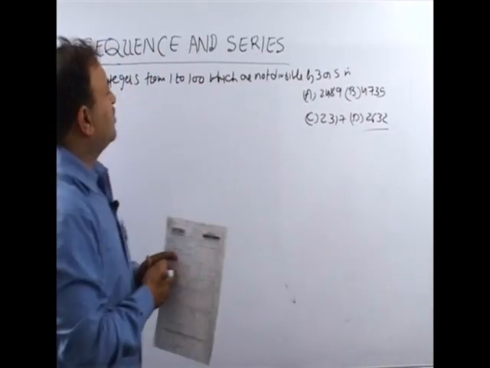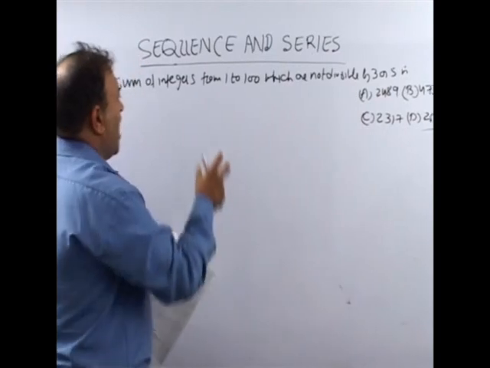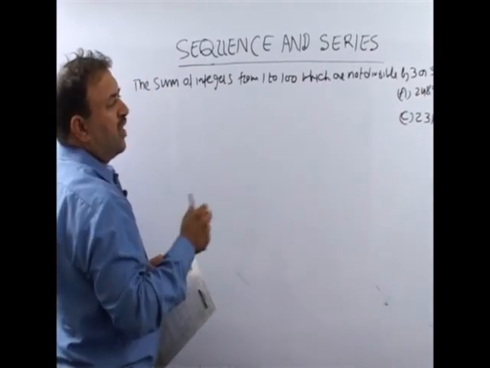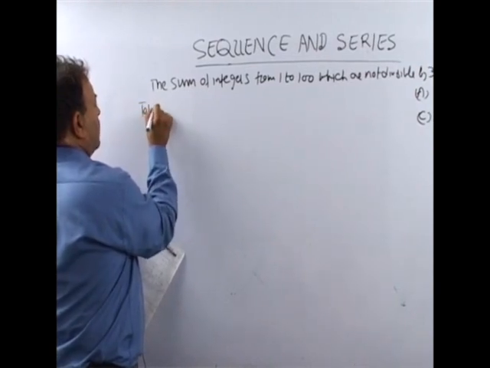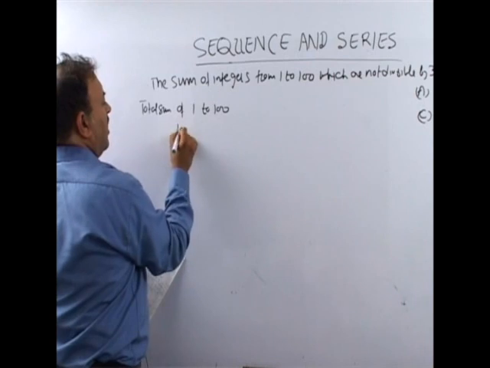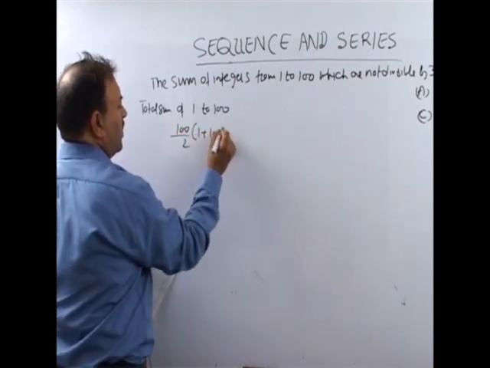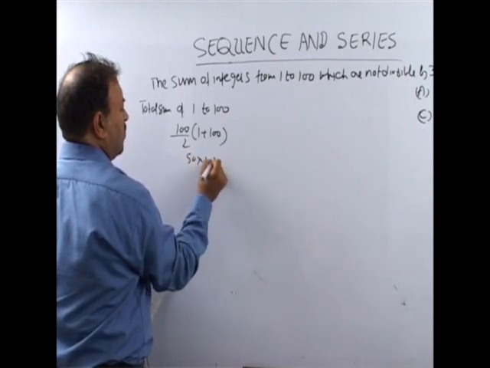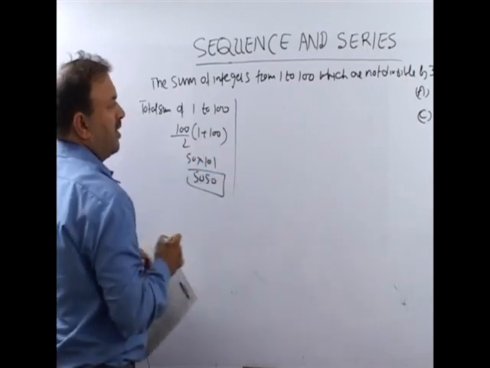नाउ पिछले क्वेश्चन में क्या था, हमें सिर्फ नंबर ऑफ टर्म्स निकालनी थी, अब हमें क्या दे रखा है, अब हमें निकालना है सम ऑफ इंटीजर्स 1 to 100. तो पहले हम क्या करते हैं, total sum of 1 to 100, that means 100 by 2, it is an AP, it is 1 plus 100, I got 50 into 101, I got 5050, it is the sum of whole 100 terms.